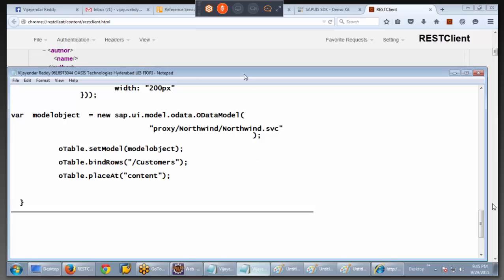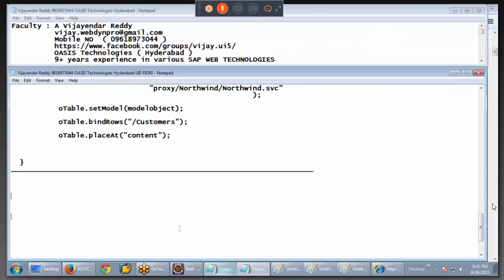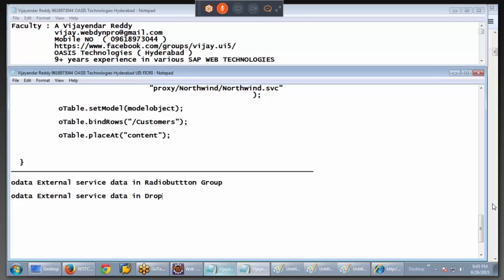So now, for example, if you want to see OData external service data in a radio button group, the procedure remains the same. If I want to display the data in a radio button group and the data is coming from an OData external service, or you can display OData external service data in a drop-down box,